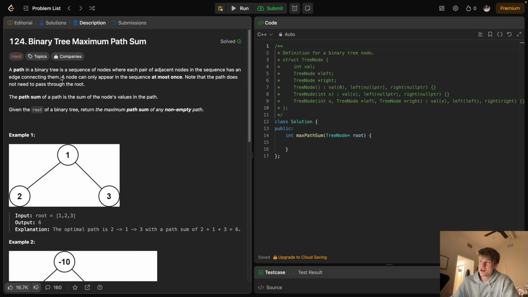A path in a binary tree is just going to be a sequence of nodes connected by edges. A node can only appear in the sequence once, right? There's not going to be cycles. This is a binary tree, so I'm not sure why this is mentioned, but obviously there's not going to be any repeated nodes, right? So the path does not have to pass through the root, so the path can span